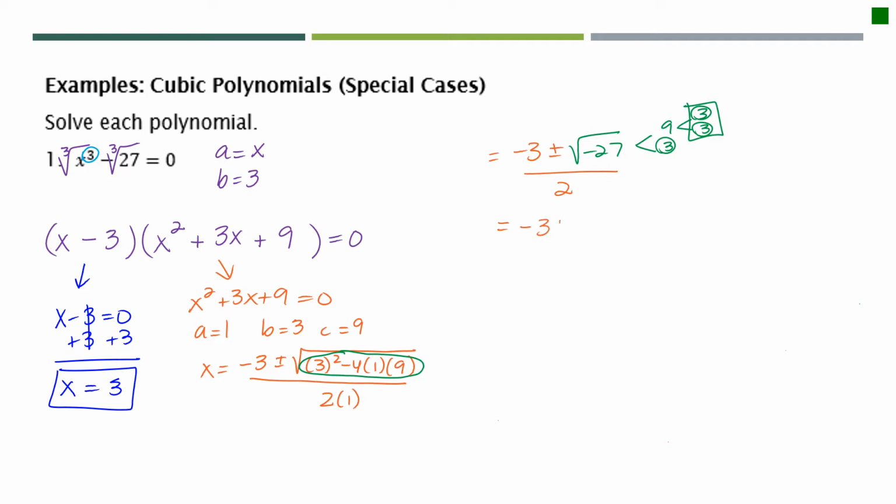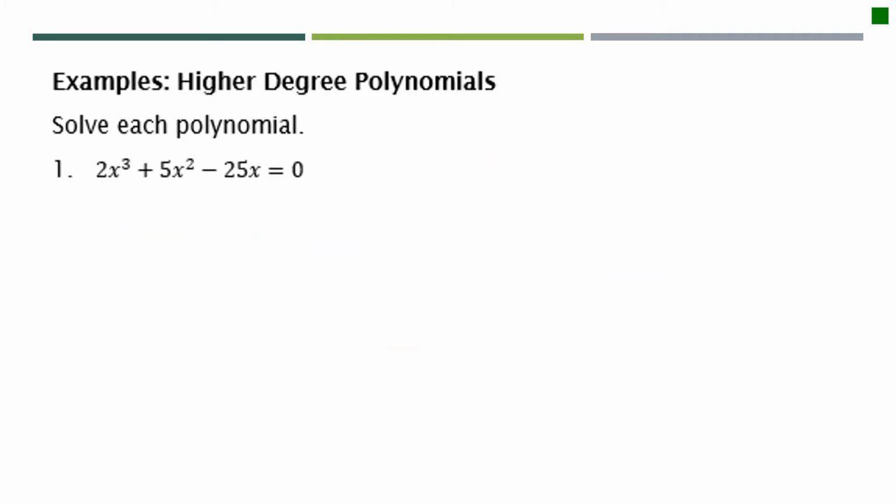So I have negative 3 plus or minus. Outside the square root, I'm going to be taking out the number 3 and the letter i, and then inside the square root, I have this leftover 3. And then everything is over 2. Now I have to check my outside numbers, but none of them are divisible by the same thing. So negative 3, 3, and 2, all 3 of those things cannot be reduced by the same number, so my answer is complete. My next example, remember the first thing you want to look for is a greatest common factor,